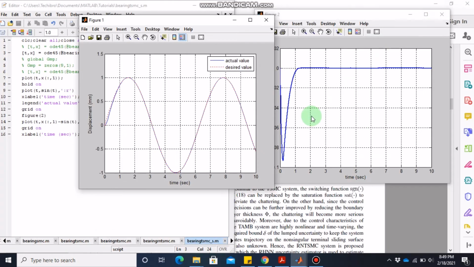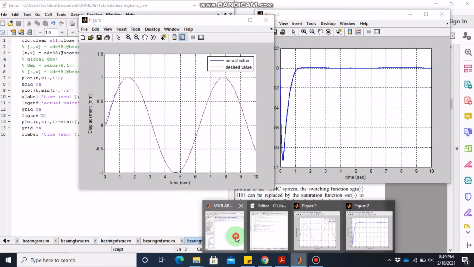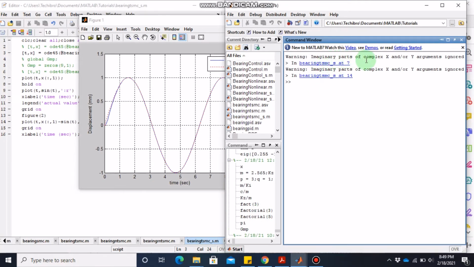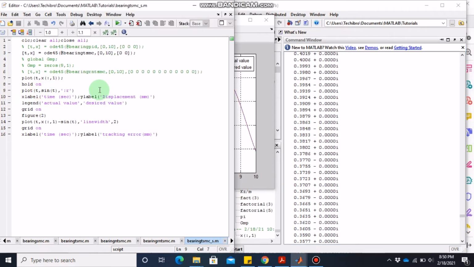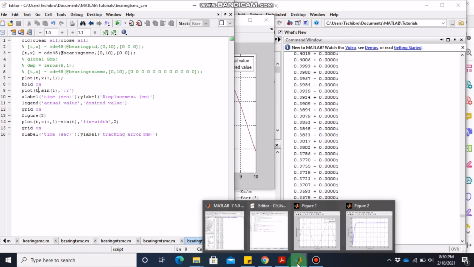But the problem that I have seen here is that there are some warnings from MATLAB that some of the values are imaginary. For example, if I do this x, you can see the imaginary part is almost zero here. It's probably all zero, but MATLAB is having some difficulty in recognizing this z with the terminal sliding mode control as a real variable,